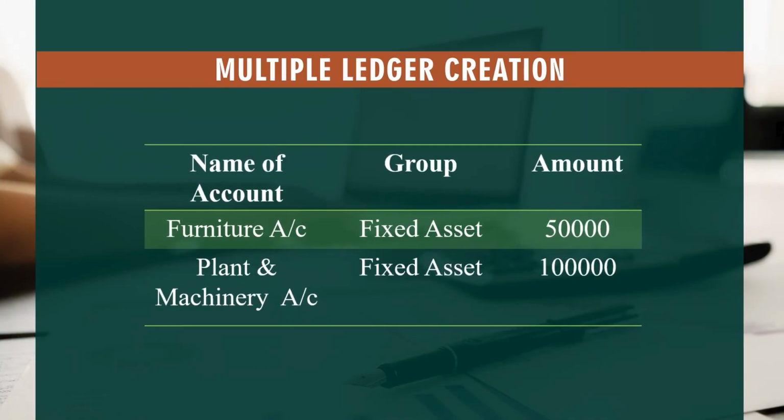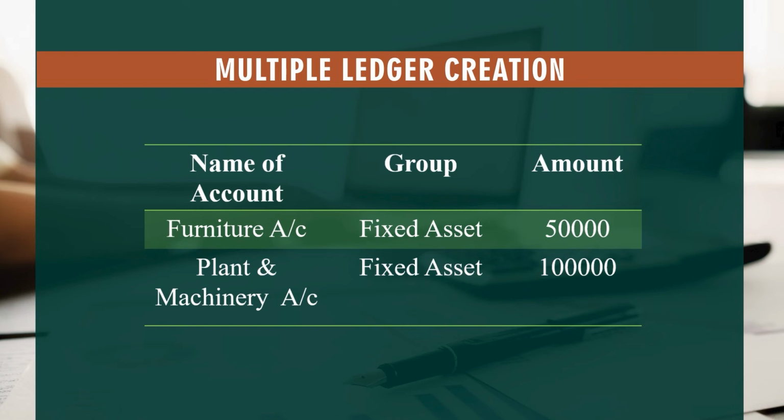Now we have 2 options: we can create the furniture and plant and machinery accounts individually, or we can use multiple ledger creation, as they both fall under the fixed asset group. Furniture account, group fixed assets, amount we are taking 50,000. Plant and machinery account, fixed assets, and the amount is 1 lakh rupees. Since we are creating both the ledgers,